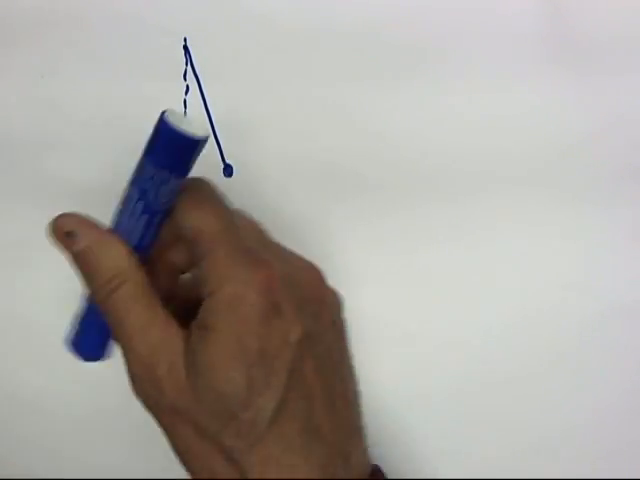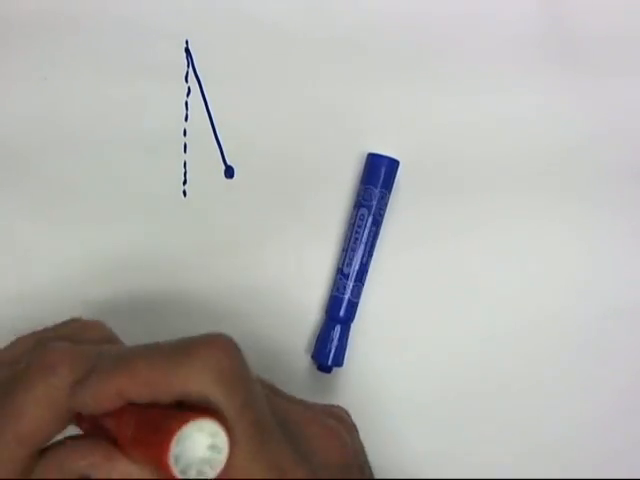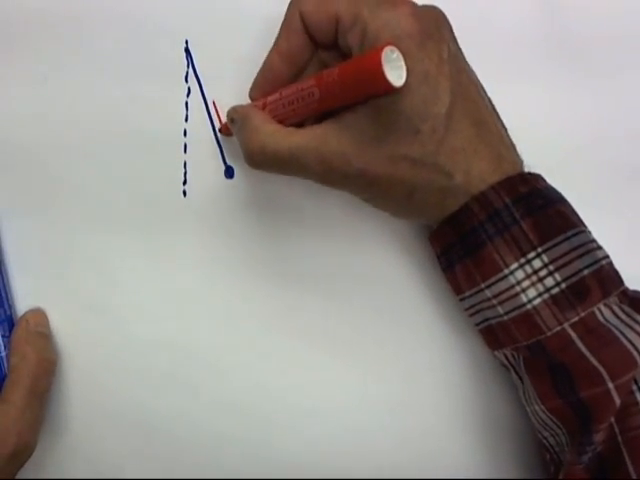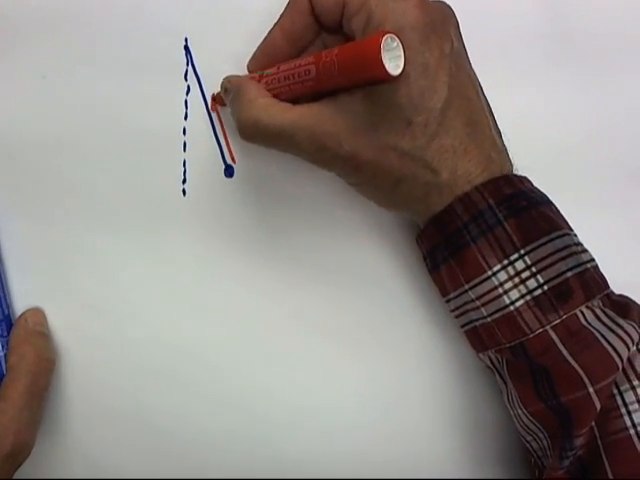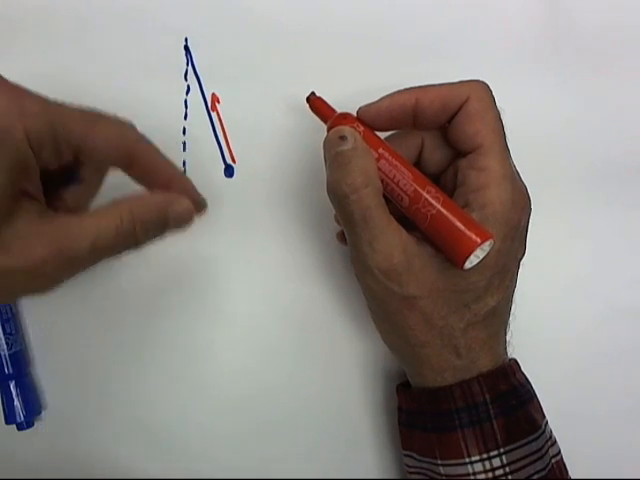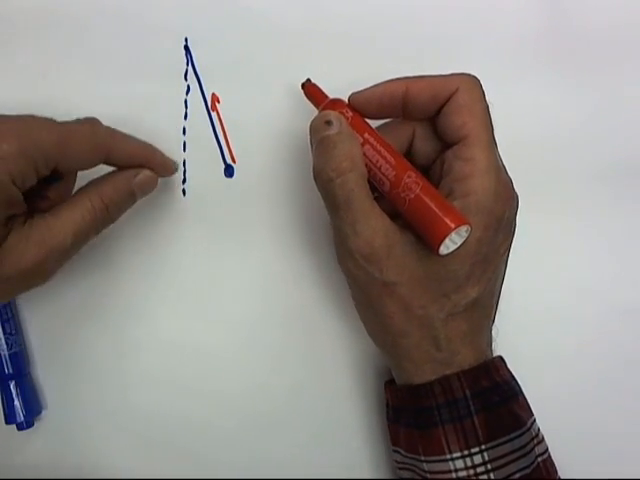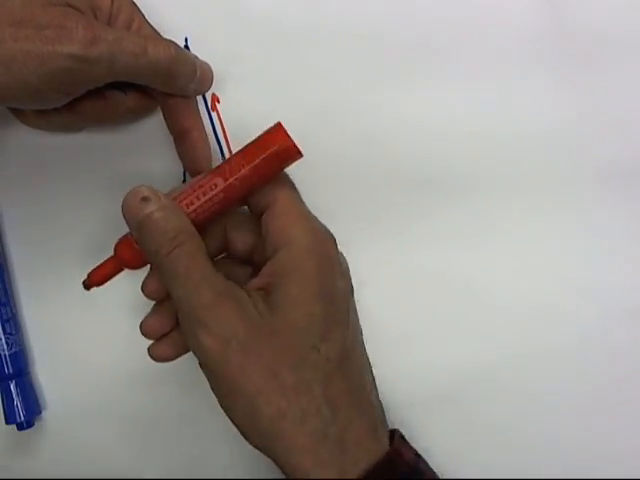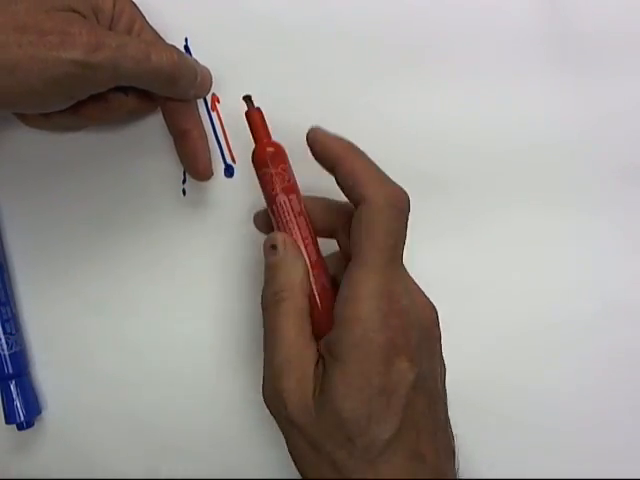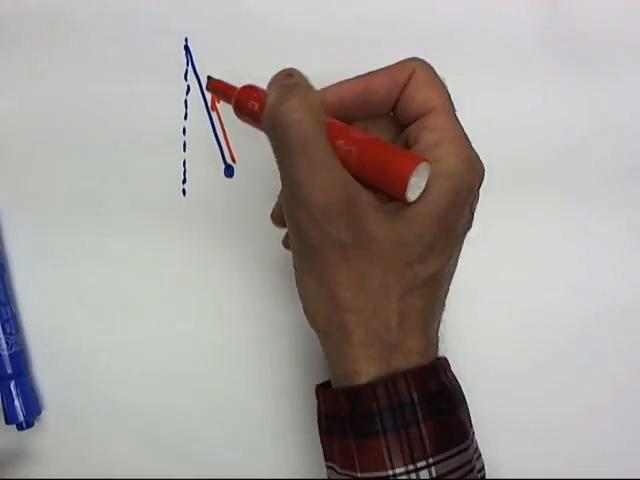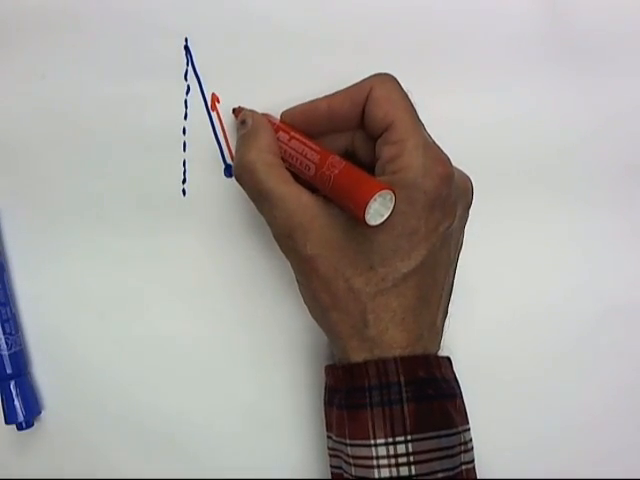Now, the string exerts a force along its length. The string can only pull. The string can't push, and a string in this direction can't exert a force in this direction or this direction. It can only pull. If you stretch it slightly, it pulls back. So this is our force,